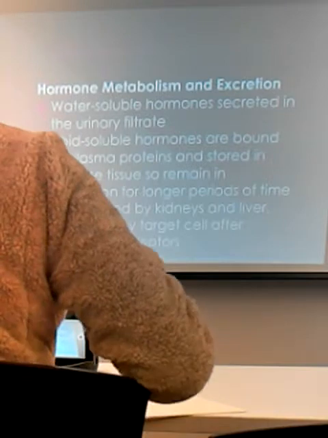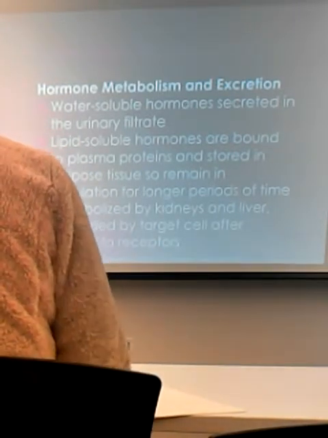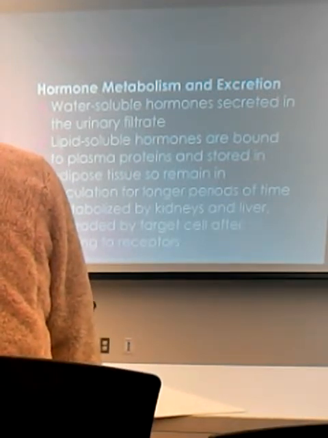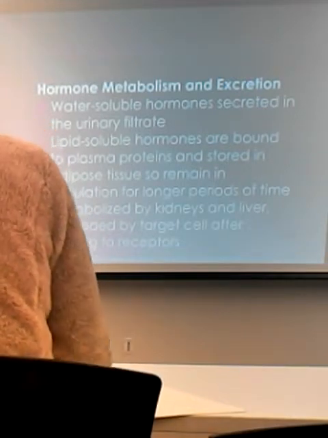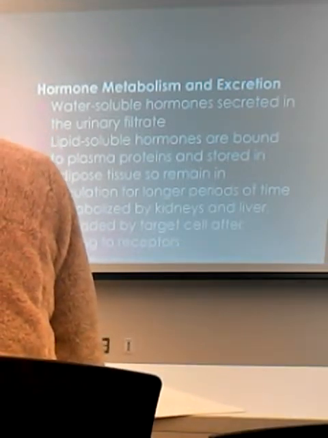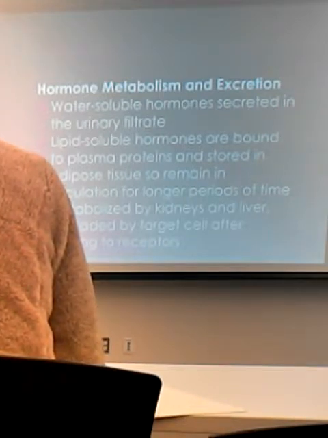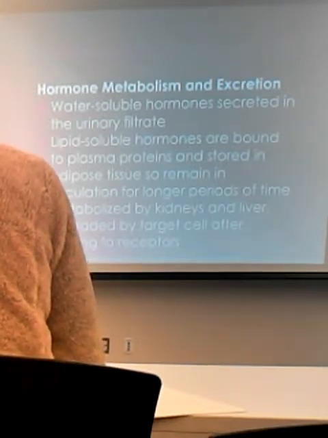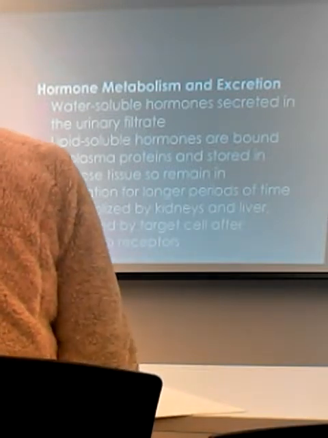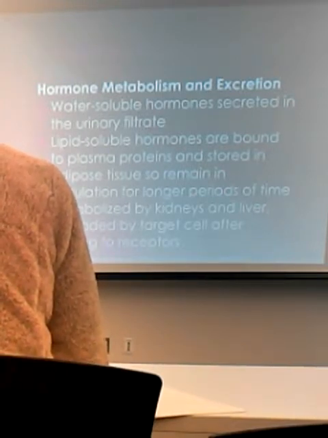So how do we process a hormone when we're done using it? Well, water-soluble ones end up getting secreted in the filtrate. I'm not asking you guys to test for the renal unit, obviously. What happens to lipid-soluble ones? That's an interesting question. Either they're hepatically or renally cleared. Here's the problem with lipid-soluble hormones: because they're lipids, they can tend to be stored in adipose tissue, potentially for quite some time.